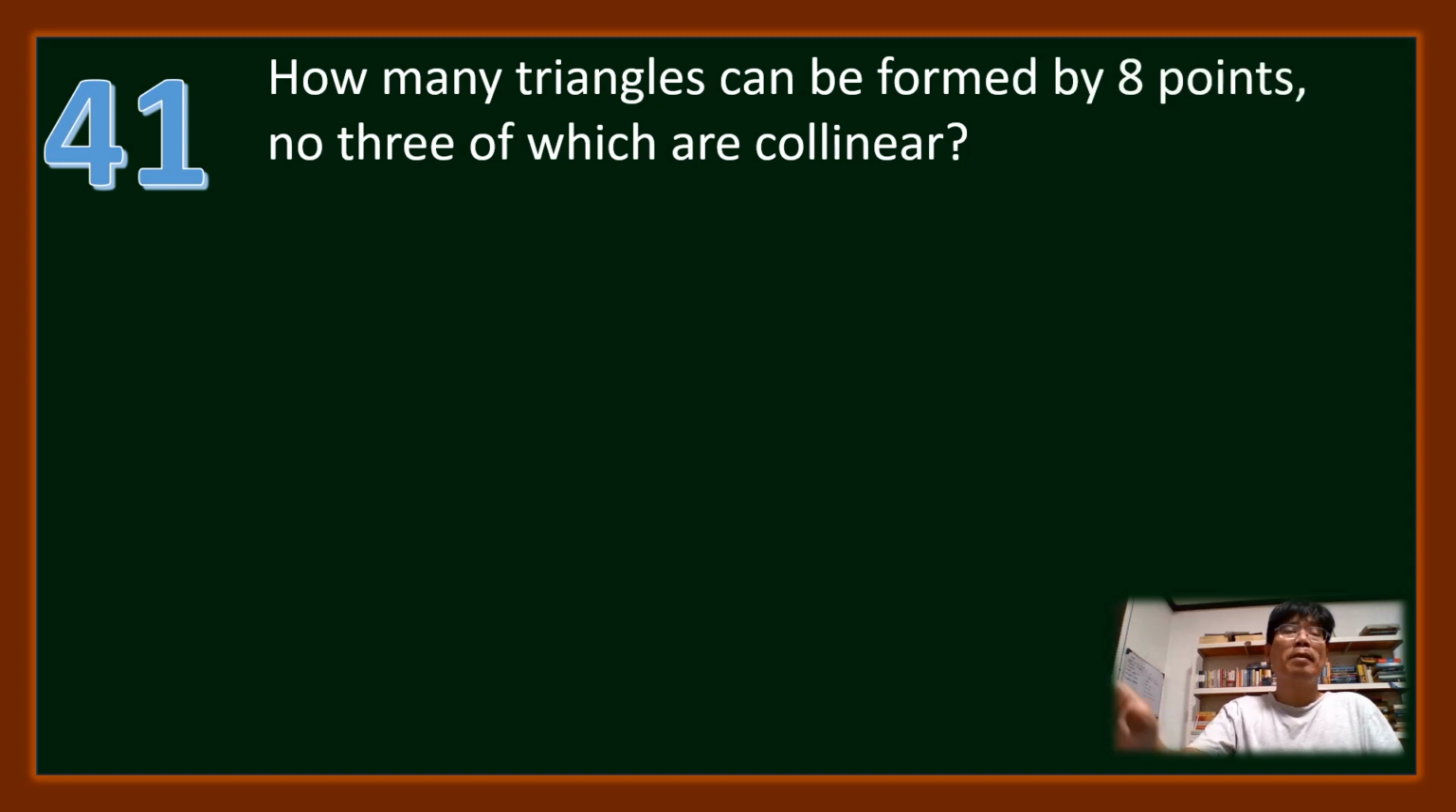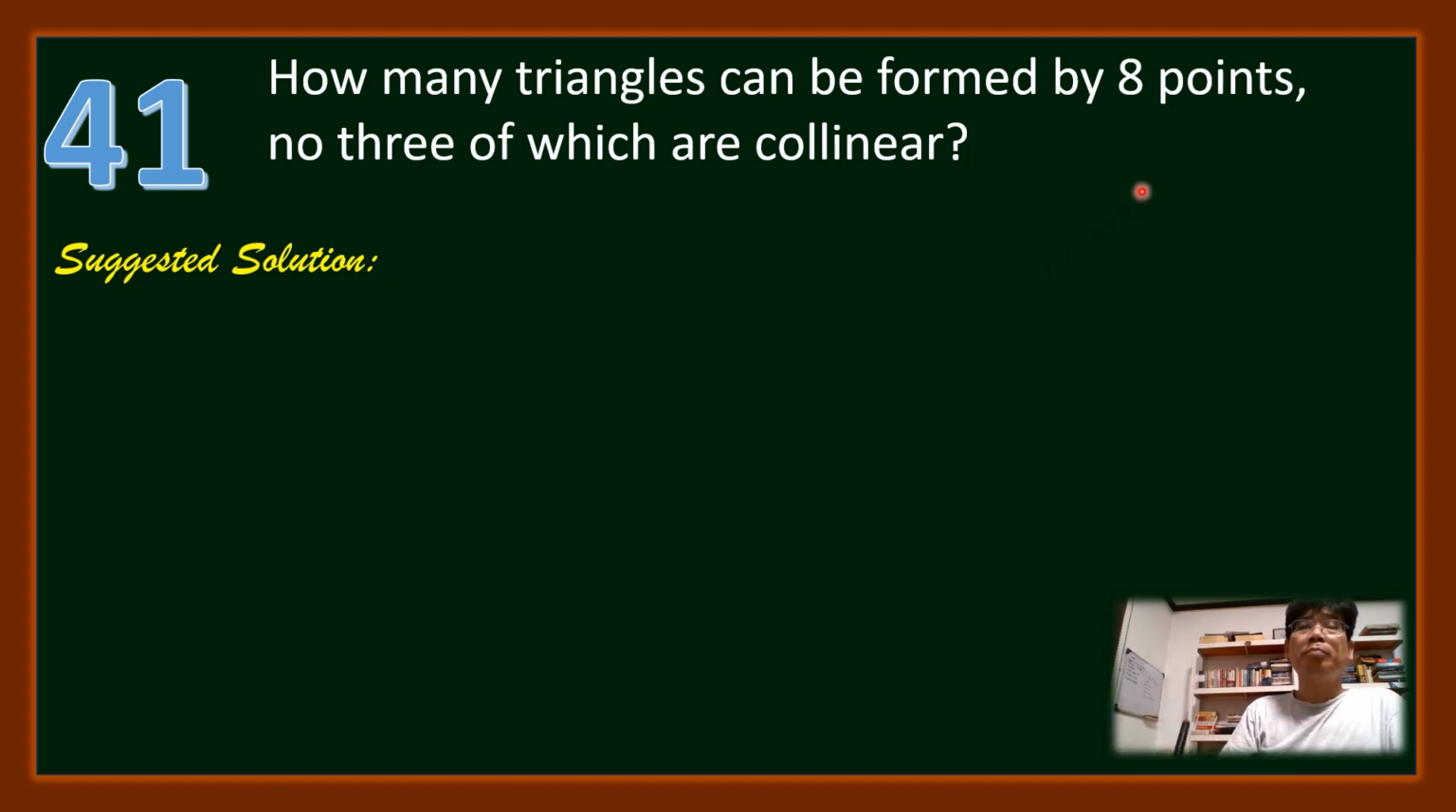Number 41. How many triangles can be formed by 8 points, no 3 of which are collinear? For our suggested solution, we're going to use the concept of combination. From 8 points as the choices, we can choose any 3 of these points, as long as no 3 of these 8 points are collinear, to form a triangle. The formula for combination